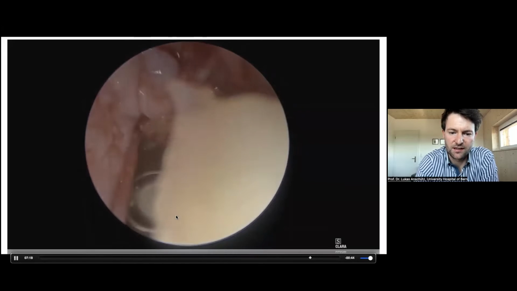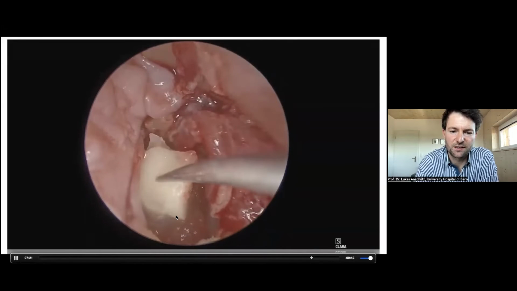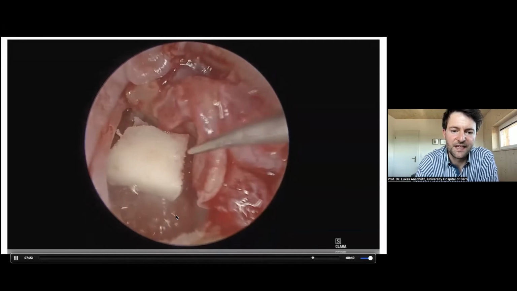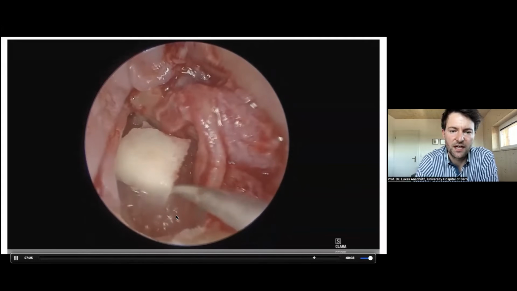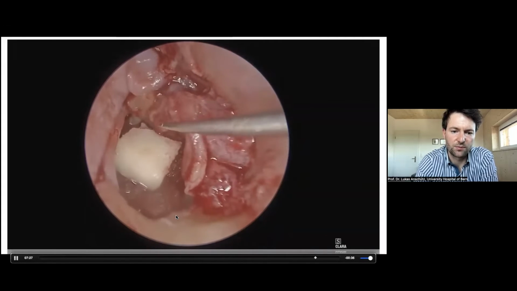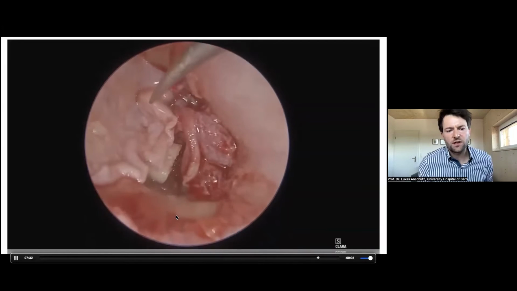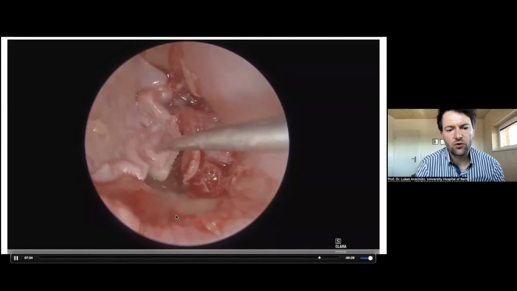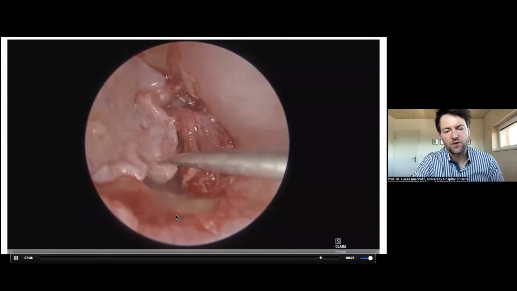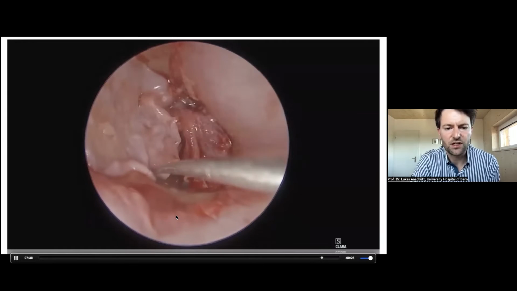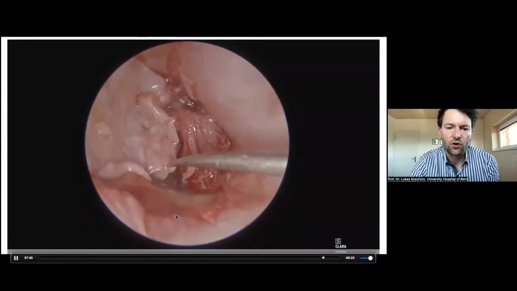Here I take away the cartilage from the needle with the endoscope itself, and then we can cover the prosthesis with the cartilage. I tend to use, especially in cholesteatoma cases, not so high a prosthesis and a thick piece of cartilage to avoid extrusion of the prosthesis.